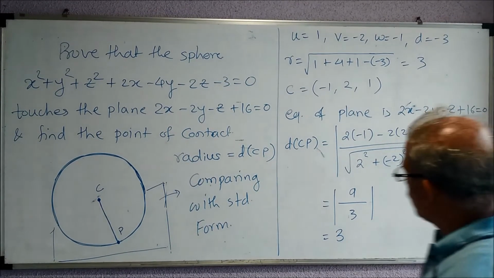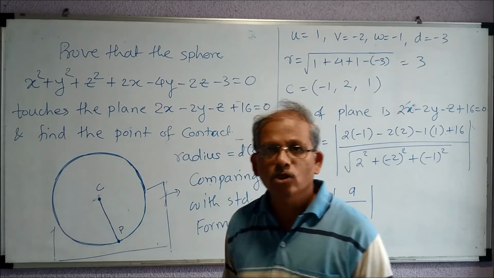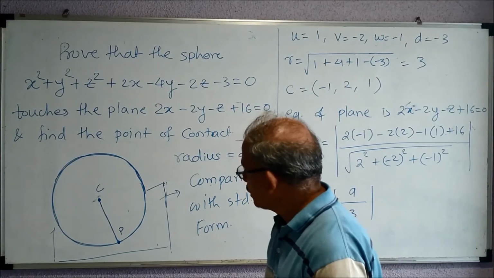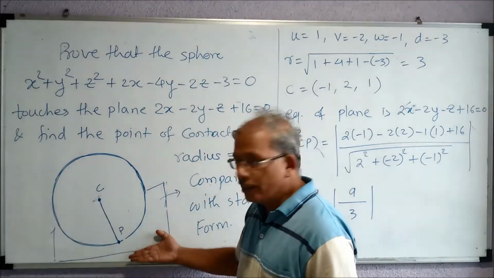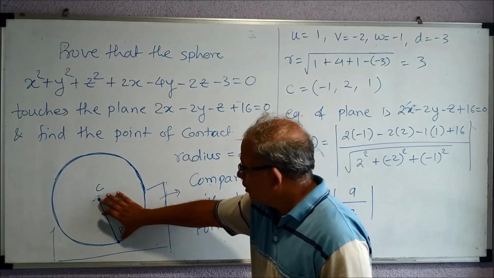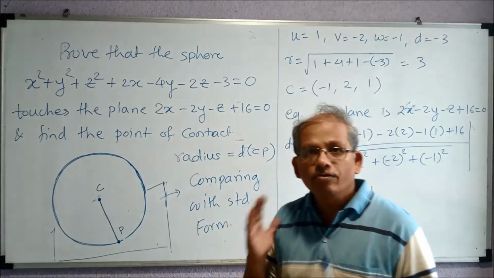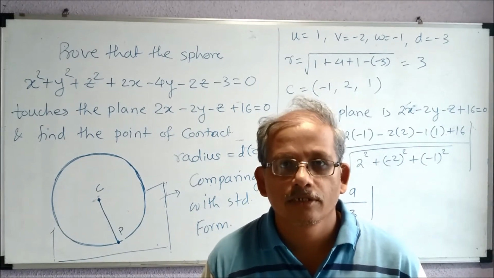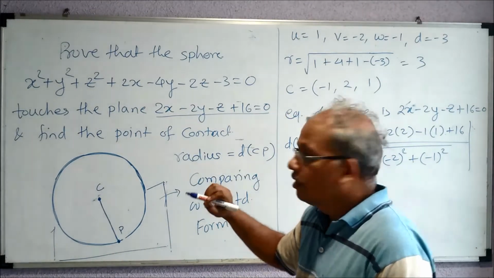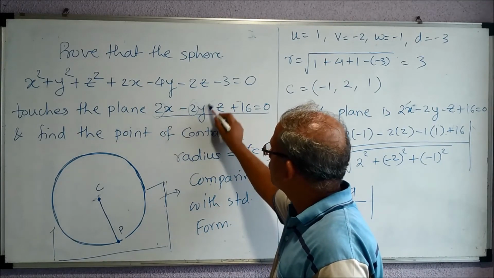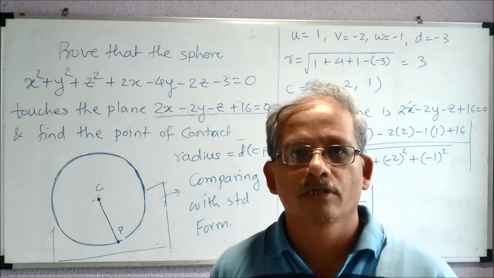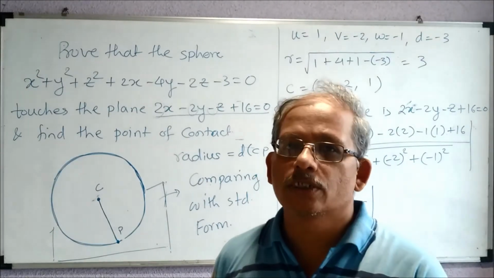Fine. Now next thing is that we need to find out the point of contact. To find out the point of contact, the strategy is like this. See that this is a tangent plane, right? So this Cp line will be the normal to the plane. So can we calculate the direction ratios of this normal? Yes. We know that if the equation of plane is given like this, the coefficients of x, y, and z are nothing but the direction ratios of the normal to the plane, right? This you have learned. So we will use this fact now.